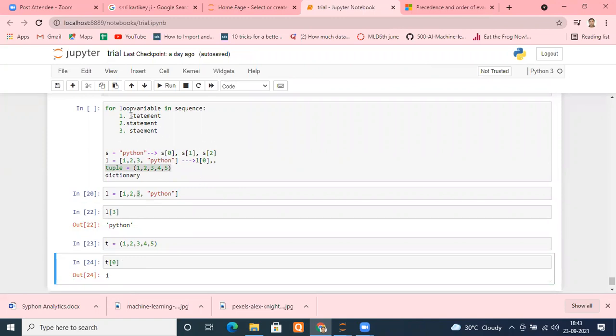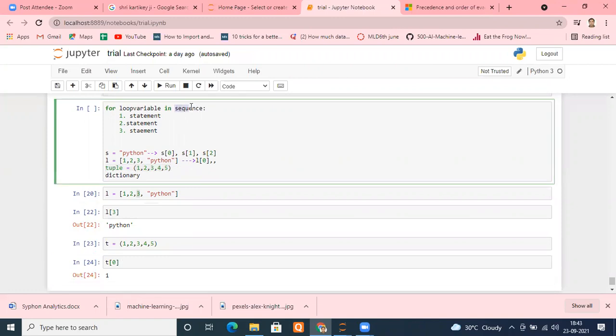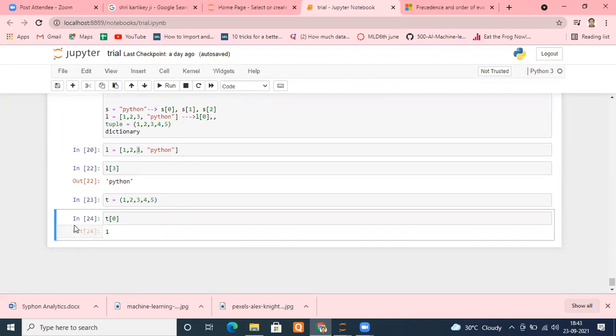So what happens in the for loop is that you will put a sequence here. You will put a sequence element here. It may be a string, it may be a list, it may be a tuple, or any other element, or it may be a range function as well. I'll come to that range function. Anything which generates a sequence you can put here. And these elements which we are putting here, remember,